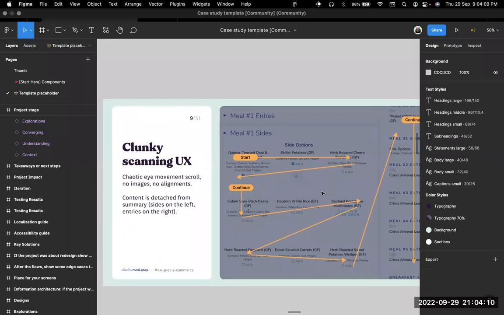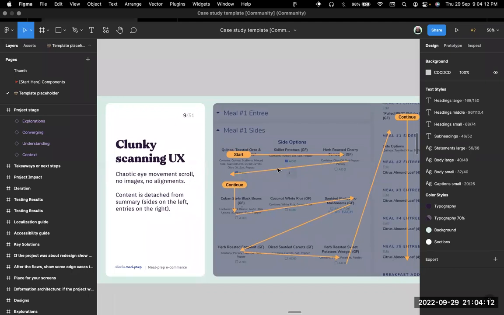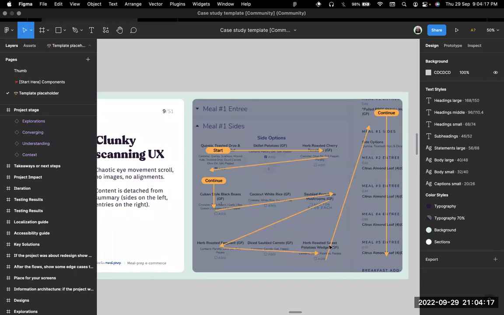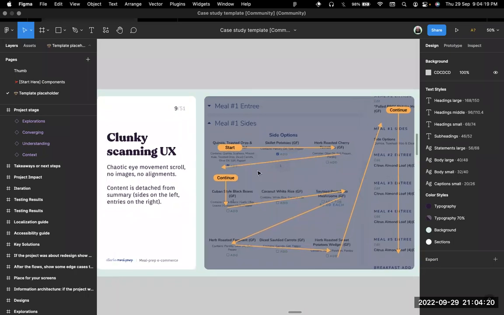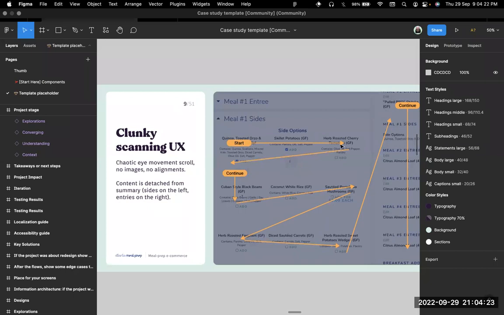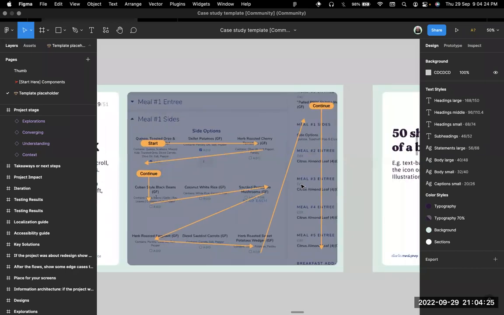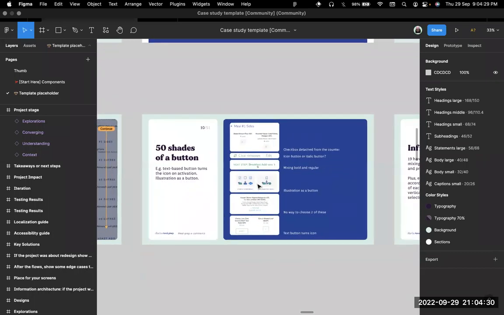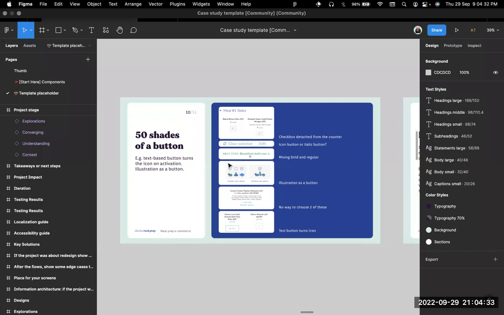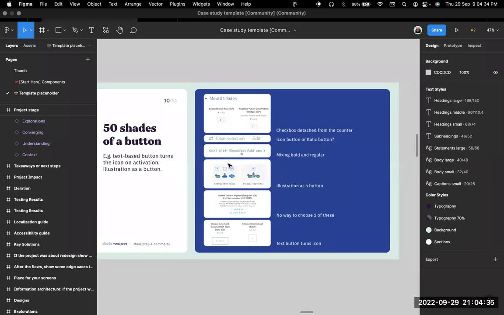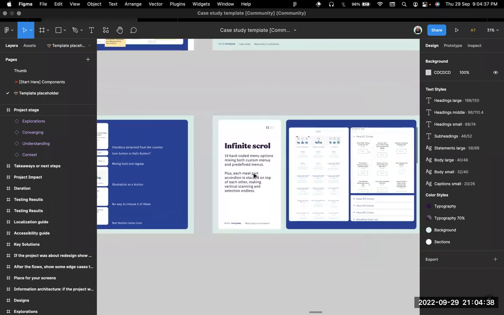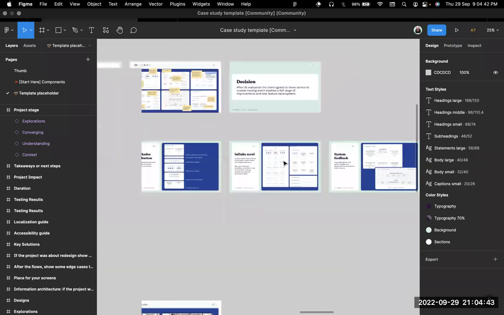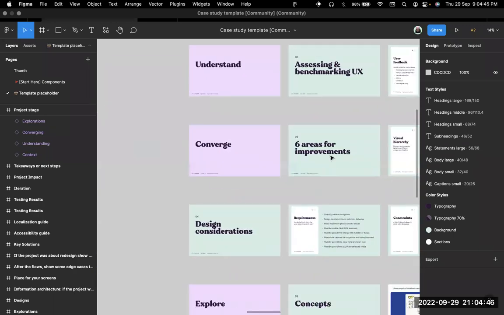I understand what they're trying to say here, the UX and the choice of the items and the way things are arranged, of course, cluttered, right? So you have to try to declutter things and ensure that users are able to read through this set of items without being confused or without having something very complicated. So we have 50 shades of a button. Yeah, so you definitely have to make this more explanatory, right? But the idea is they're basically trying to show some of the 6 areas for